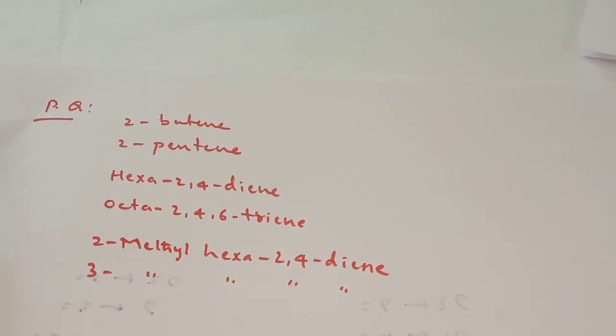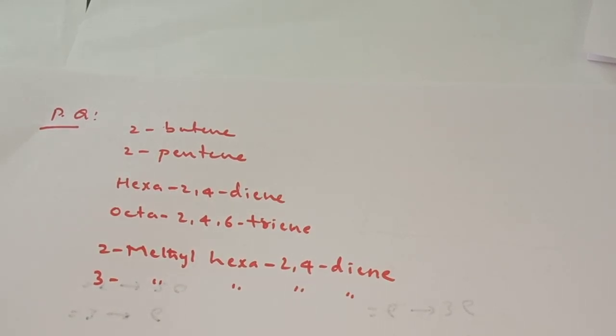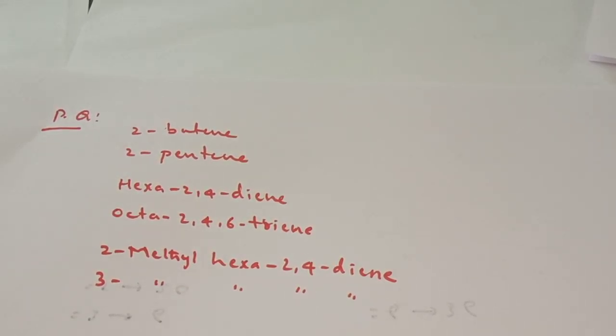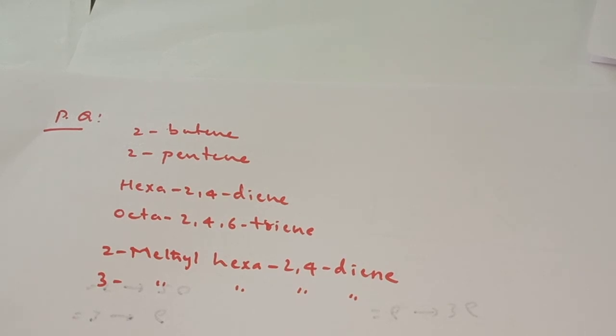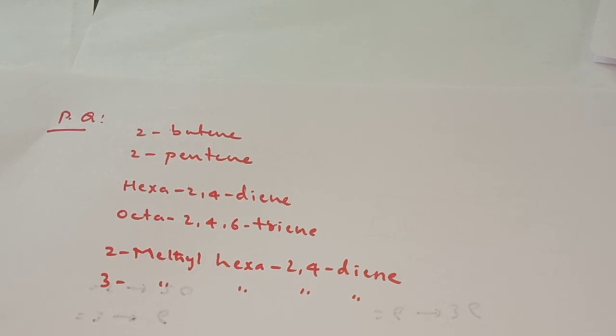Please go through our conditions. Observe whether the given terminals are the same or not first. First write the structure, then identify whether the terminals are the same or not. Based on the condition, follow the formula to calculate the number of possible geometrical isomers so that your answer will be correct. Hope you understood this.